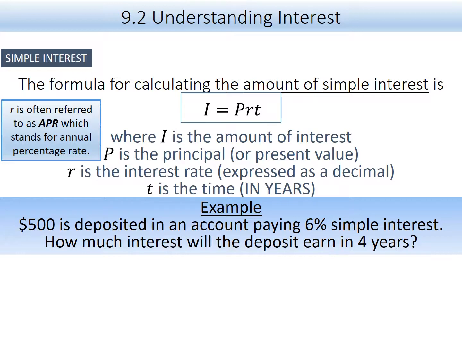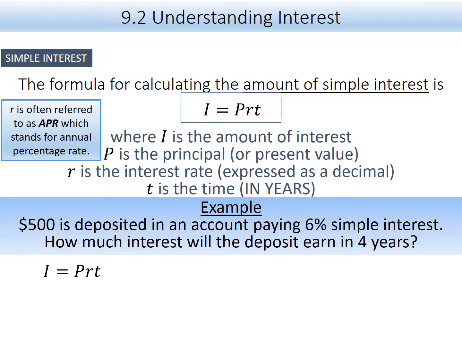Suppose we have $500 that's deposited in an account that pays 6% simple interest. How much interest will be in the account in 4 years? Or another way of saying that, how much interest will the deposit earn in 4 years? It's a simple application of the formula I equals PRT. So write the formula down